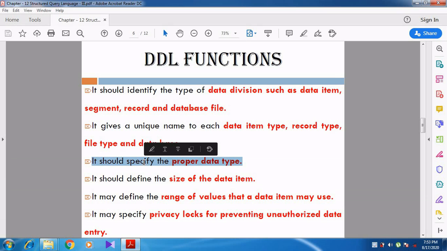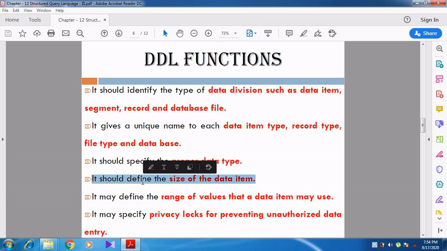So we should specify only a number. If you give anything other than a number, it won't accept. For example, some people used to give fake things in each and every column. If you are giving some other data which is not related to that, it won't accept. So the proper data type will be specified using the DDL command, using the DDL language. Each and every column's data type will be specified.